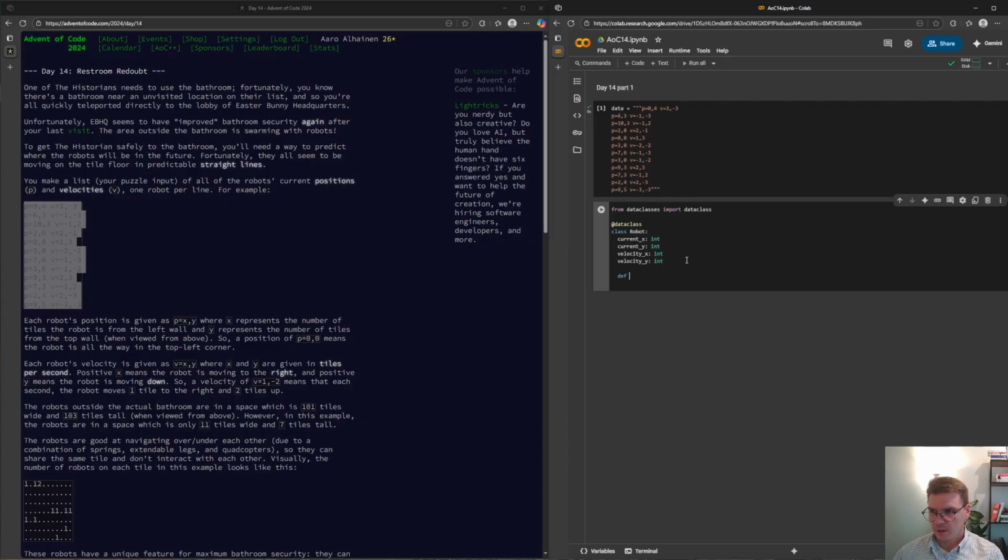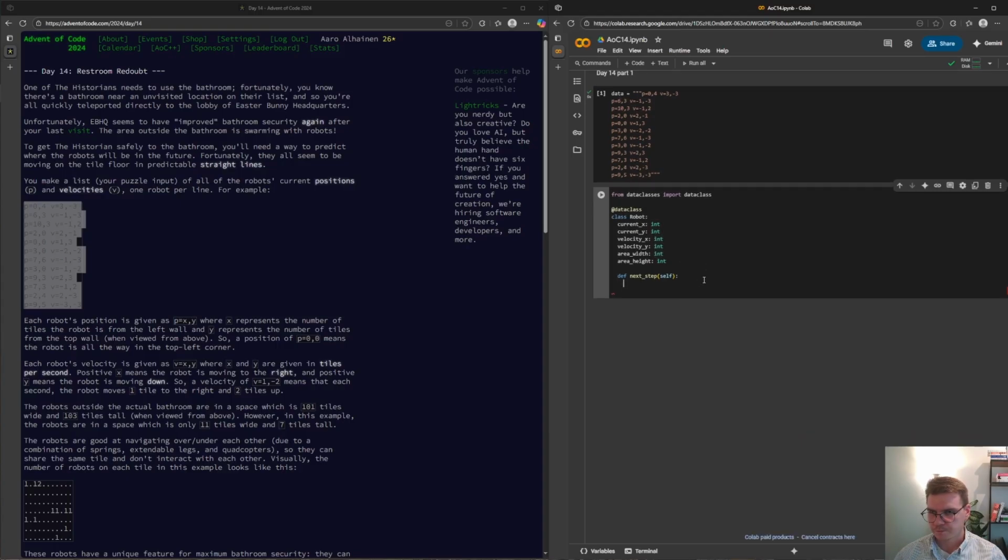And then we could have a next step. We could also maybe give the area width and area height, so that we know those. So basically in the next step, we want to calculate the new x and y values based on the current position.